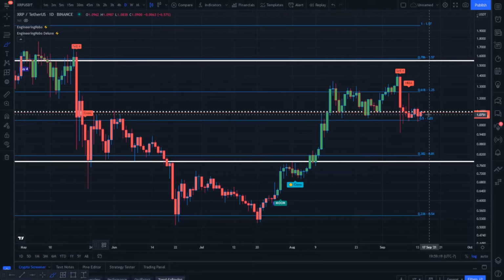and would be overall a more bullish area to be accumulating XRP for the long term, because I do believe some more highs are headed in our future here. However, like I said, in the immediate short term, I suspect price action is looking a tad bearish, and some downside or sideways may be necessary to allow the uptrend to continue. So we can get more bullish on price action once EngineeringRobo becomes bullish on XRP. When we see these buy signals come back into play, we can get more comfortably bullish on the immediate short-term